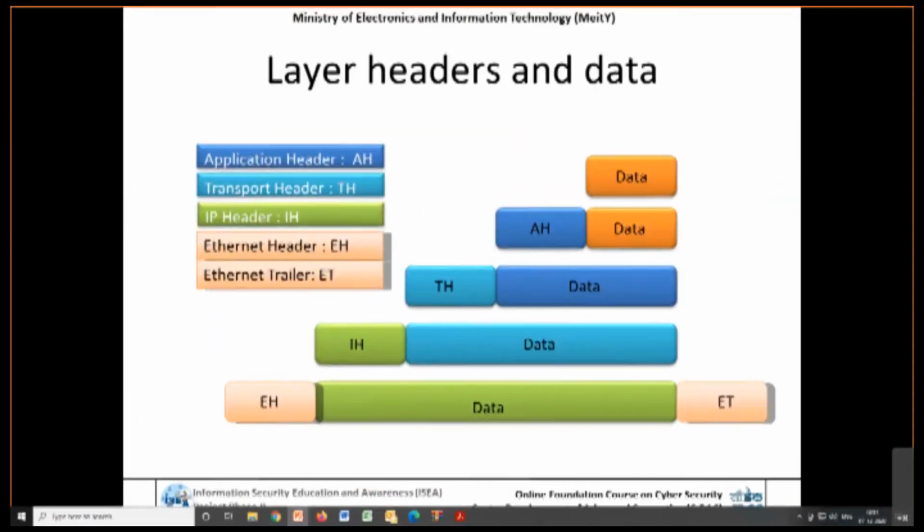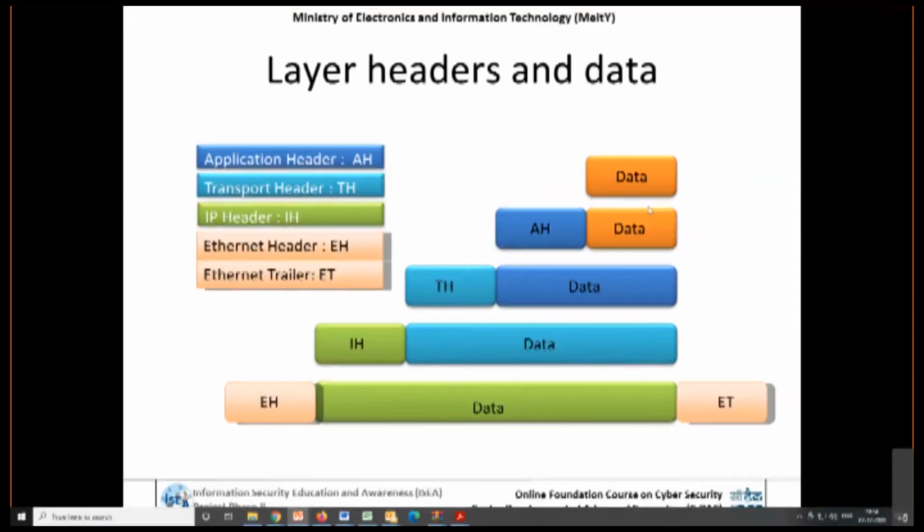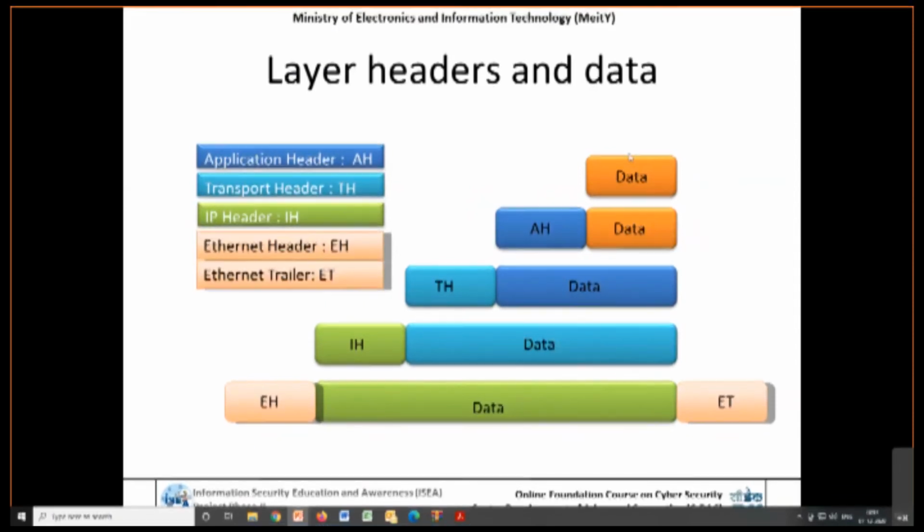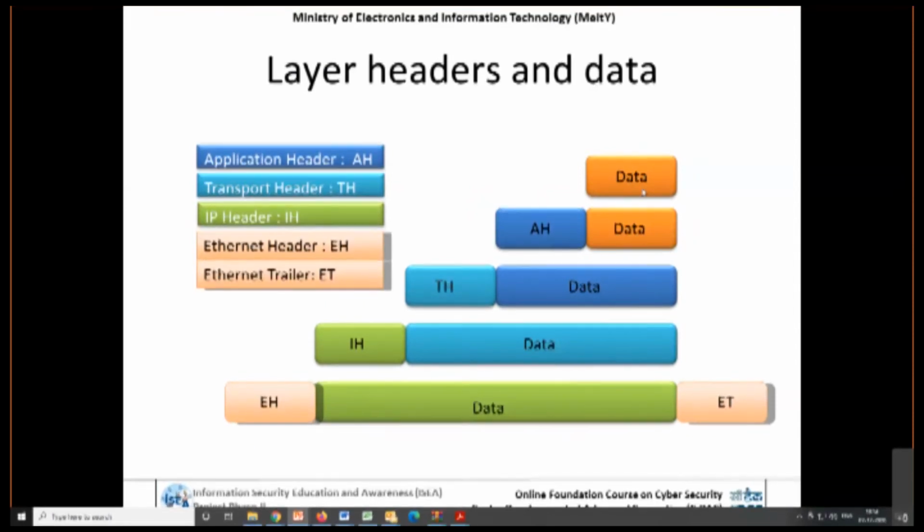Here we should remember one thing: data at the application layer we can call either data or datagram. When the application layer header is added plus data, this is also called data only. But once the transport header is added plus data, this is called a segment.